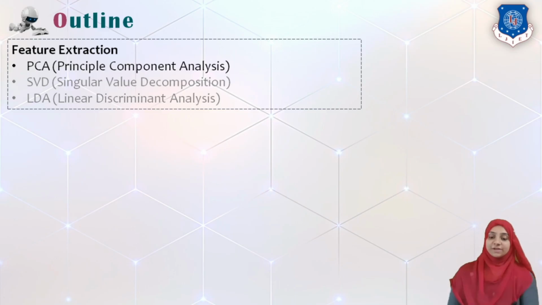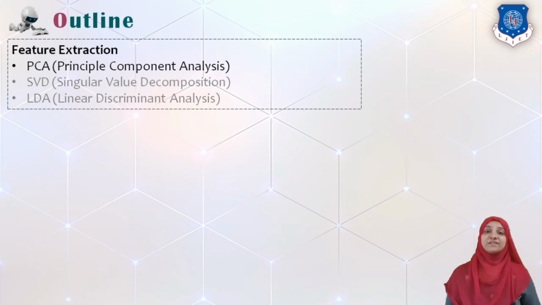Hi, in today's video, we are going to study another feature transformation technique, that is feature extraction. Feature extraction is basically performed using three different methods. We can use any of them and we will try to cover each method in detail in a separate video. So in today's video, we will completely focus on the first technique, that is nothing but principal component analysis.